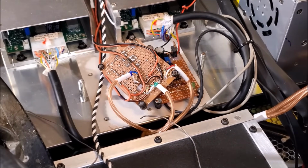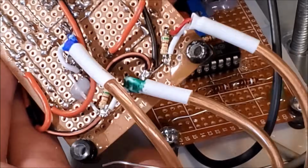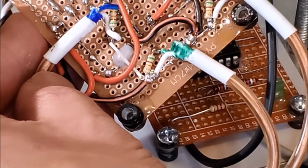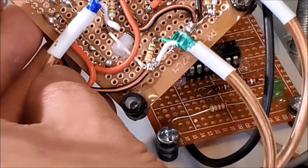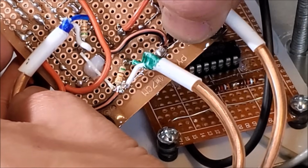Flying camera action away. Actually, can I zoom in? Yes I can. Okay, so it looks confusing, but it's not as confusing as it seems. So all the grounds are tied together. So there's a ground, ground,